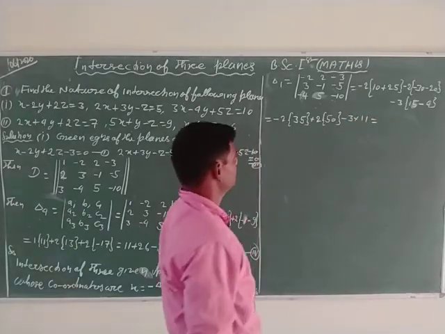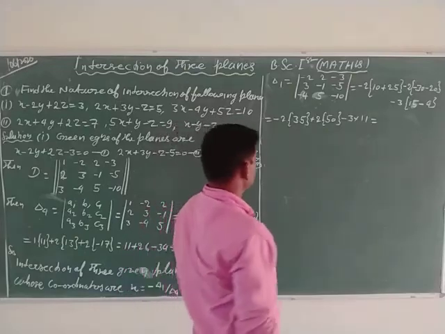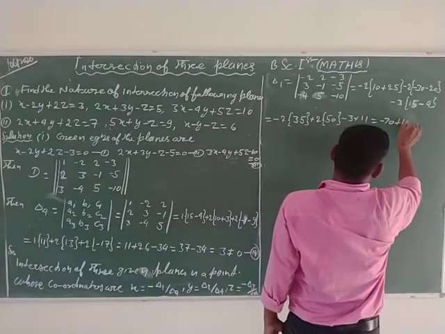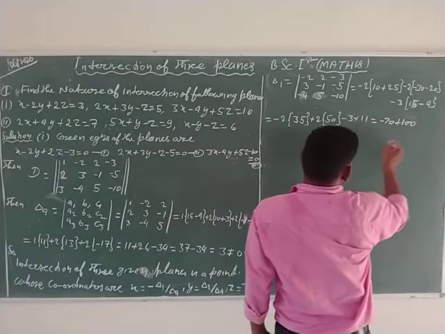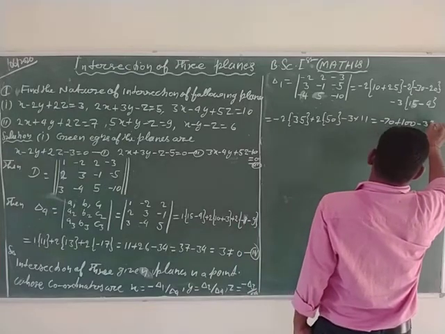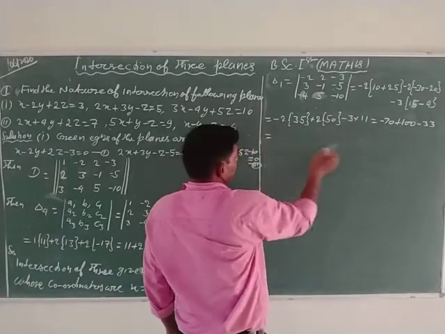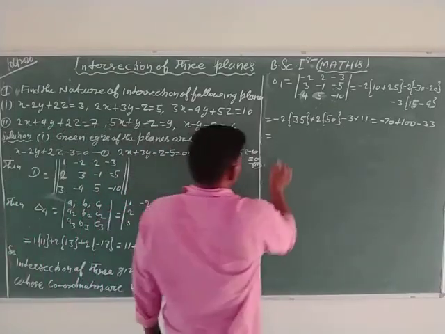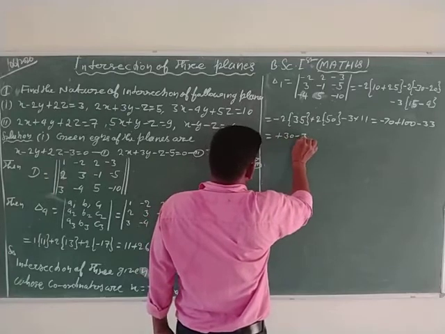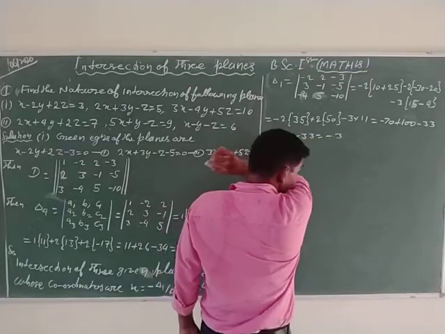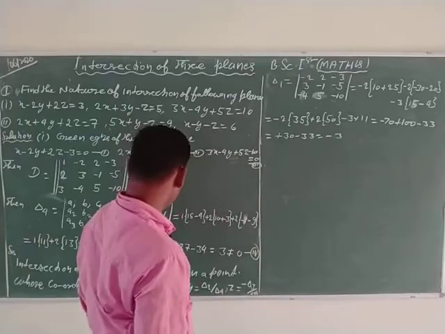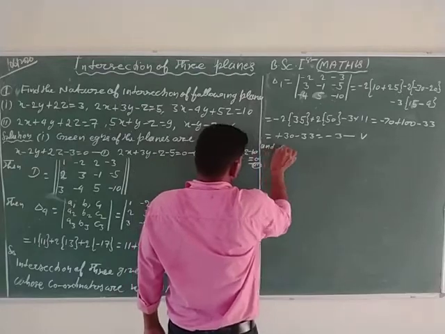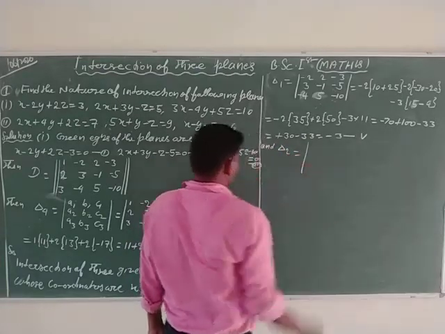So 35 multiplied with 2 is equal to 70, 100 minus 70 is equal to 30, plus 30 minus 33 is equal to minus 3. The value of delta 1 is represented by equation 5th, and delta 2 is equal to, here delta 2 write